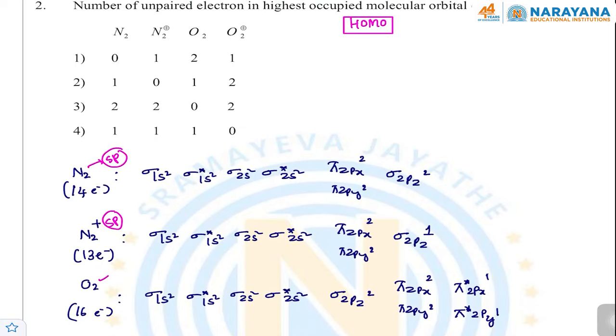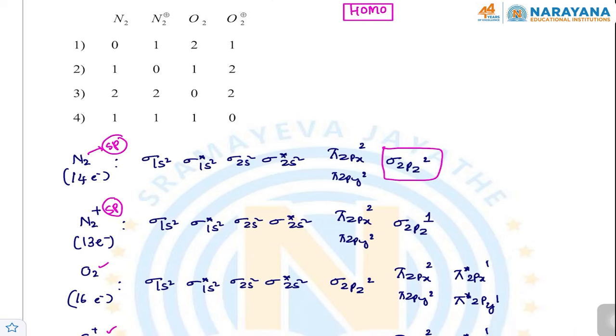When we write the molecular orbitals, we will get sigma 2s, sigma star 2s, pi 2px, pi 2py, and sigma 2pz. If you fill the electrons, we are getting here sigma 2pz, we have 2 electrons, and if we remove 1 electron in N2 plus, that is removed from the sigma 2pz, there will be 1 electron here,